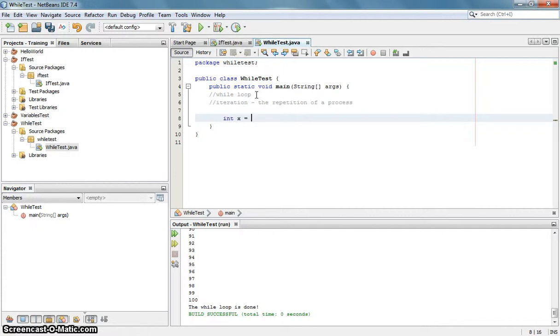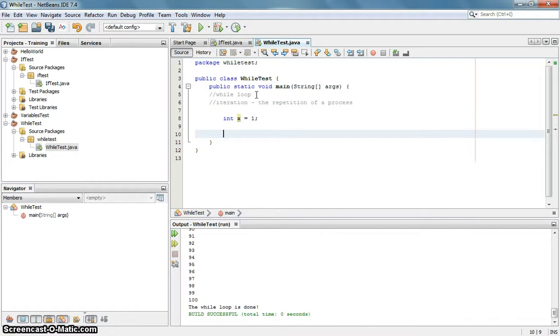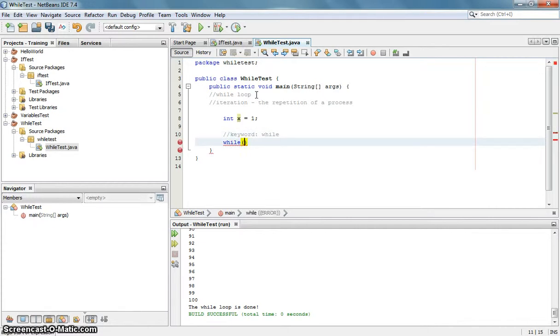Let's initialize an integer x to 1. And we'll create a while loop here. Now the syntax is similar to an if statement. We'll use the keyword while, and then two parentheses. We'll do some comparison between these parentheses. That means we'll generate these brackets for us, and whatever is between these comparisons, if true, will be evaluated between